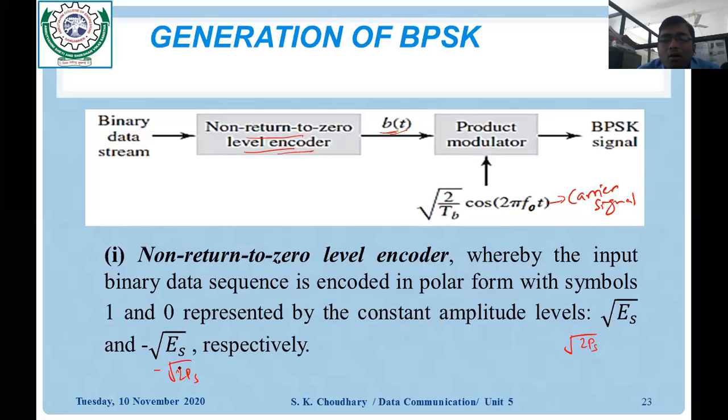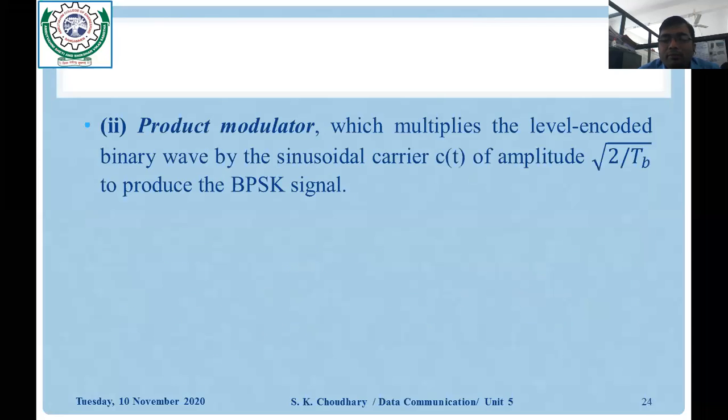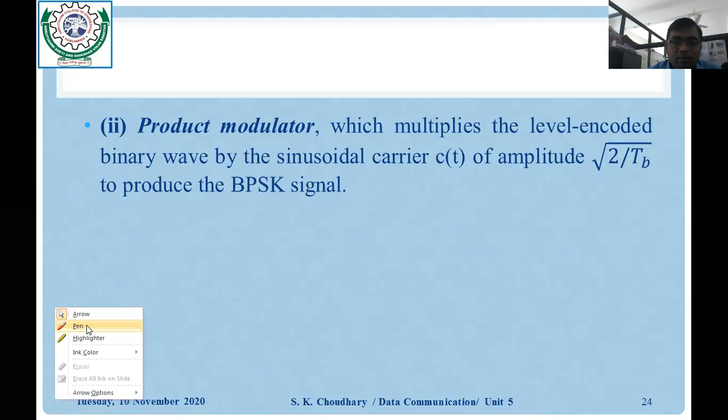Now the second one is the product modulator. What is the role of the product modulator here? The product modulator multiplies the level encoded binary wave by the sinusoidal carrier, which is actually phi of t, of amplitude square root of 2 upon TB, to produce the BPSK signal. So these are the